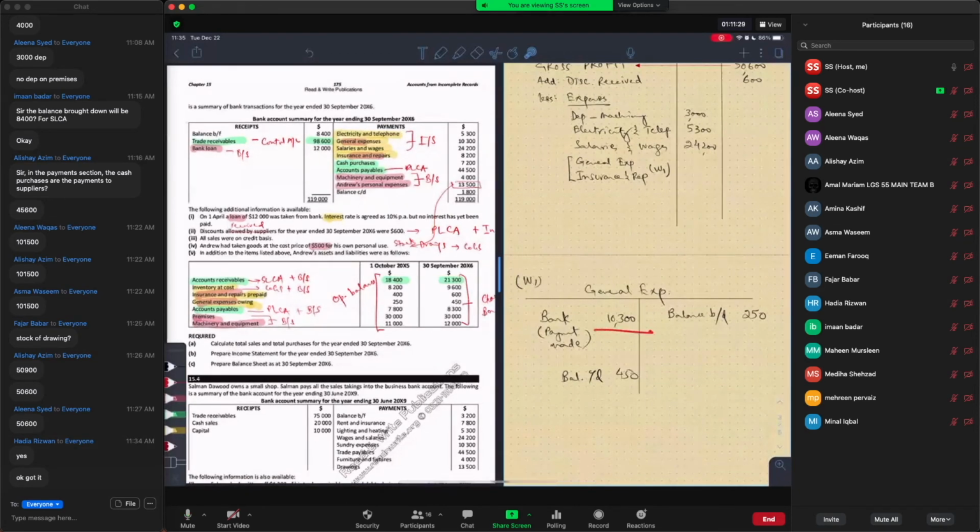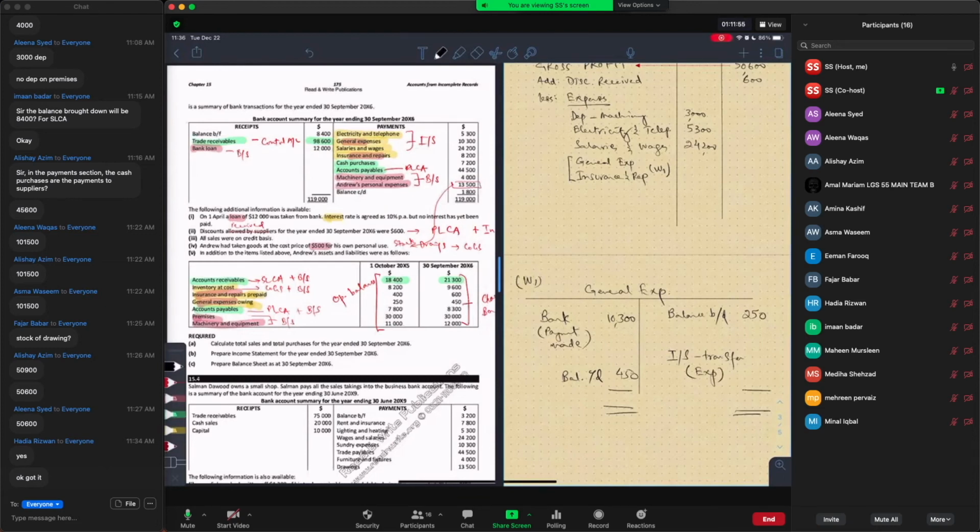So this entry is the reflection of the previous bank entry. Good, Hadia. Very good. So now we are going to balance this account, and the balancing figure will tell us what our actual income statement charge is. The income statement transfer tells you what your actual expense was. So you can,